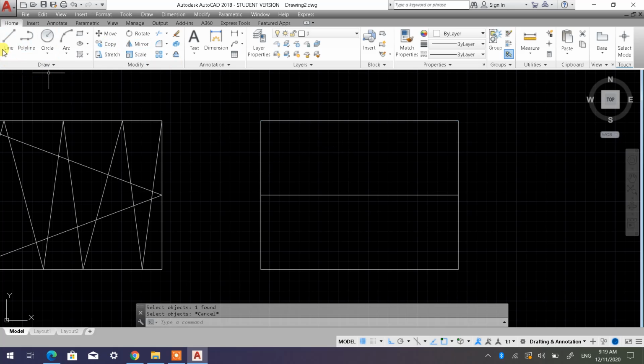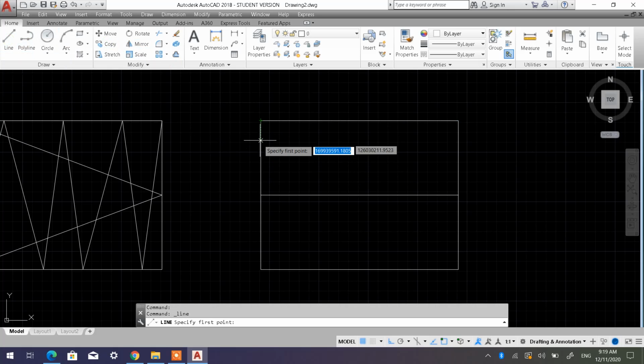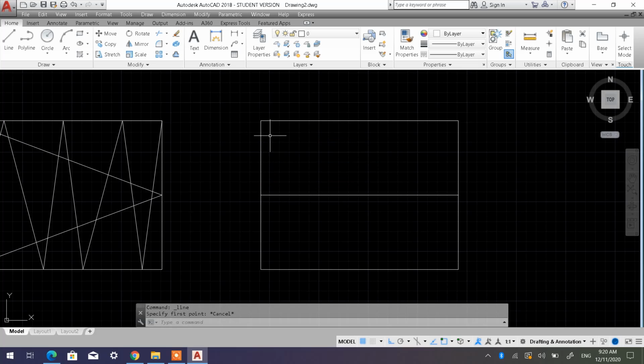Kenapa kita tak boleh guna line ni ya? Kenapa ya? Kerana kalau kita kepit line, kita tak tahu macam mana nak letak ni, 75 tak boleh. Agak sukar kerana dia punya jarak tu memang berbeza-beza, berpunca daripada sini, okay? Right? Berbeza, okay? So now what you need to do is that you need to copy